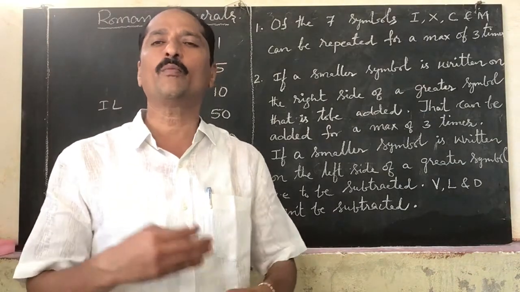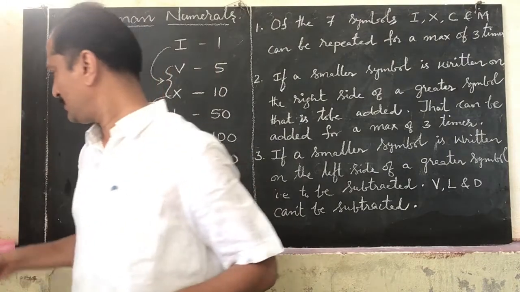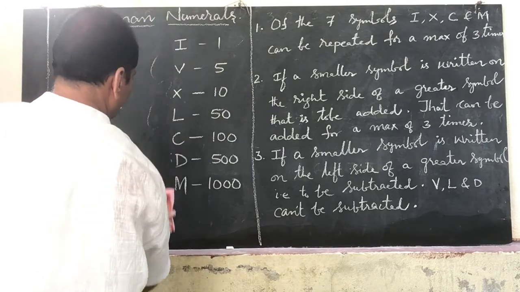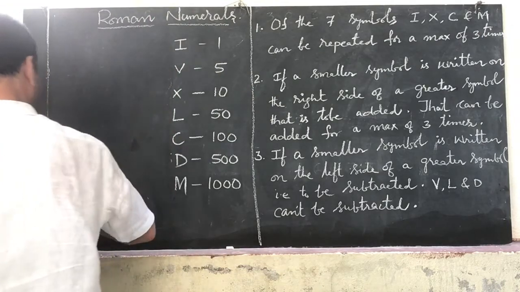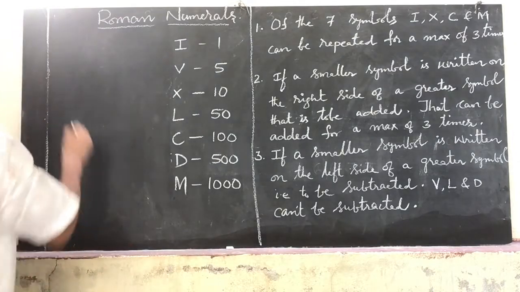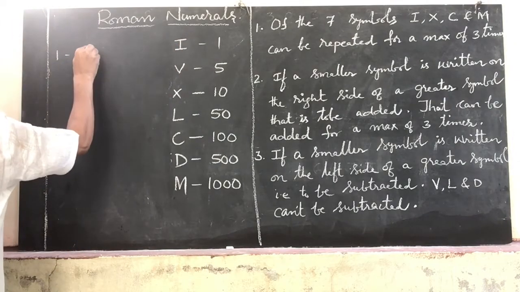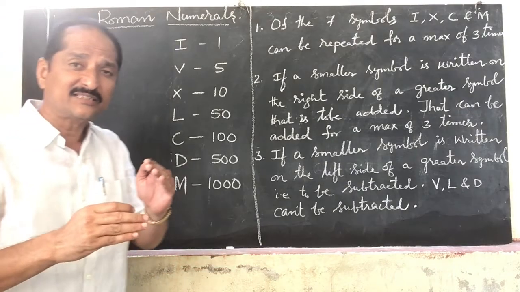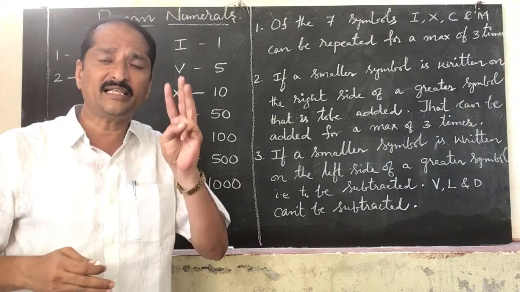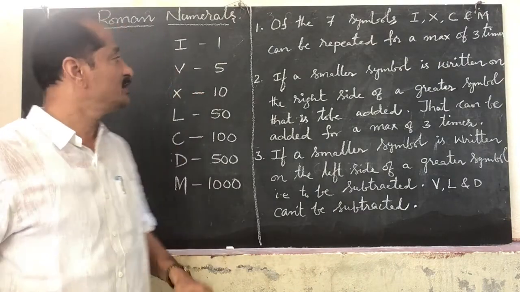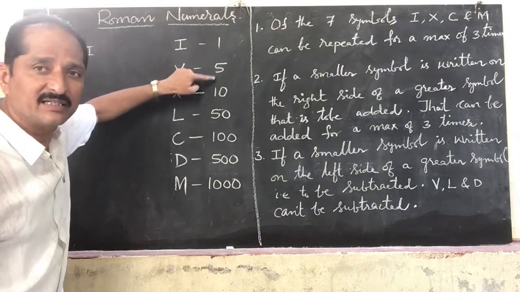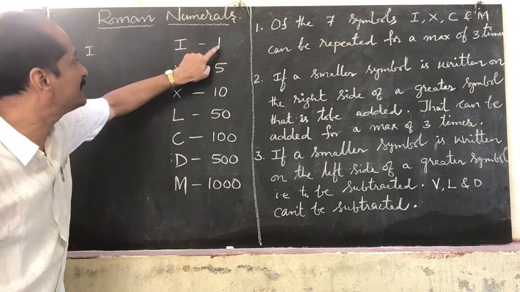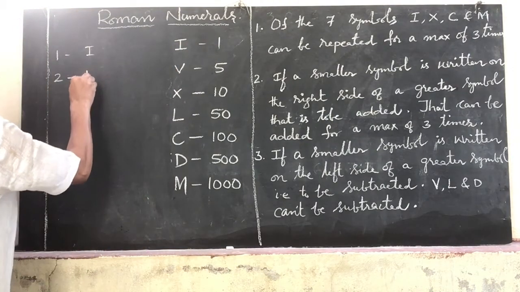Now, how to write Roman numbers? Now we can see. For writing of Roman numerals, just observe carefully. To write down 1, for example, up to 9 or 10, first we can see 1. So 1 is, we know that 1 it is. So 2, to write down 2. So what I said, if you are writing a smaller symbol, a maximum that can be repeated for a maximum of 3 times. So to write down 2, is there any symbol? Direct symbol is there? No direct symbol. So this can be repeated for twice. So II is 2.